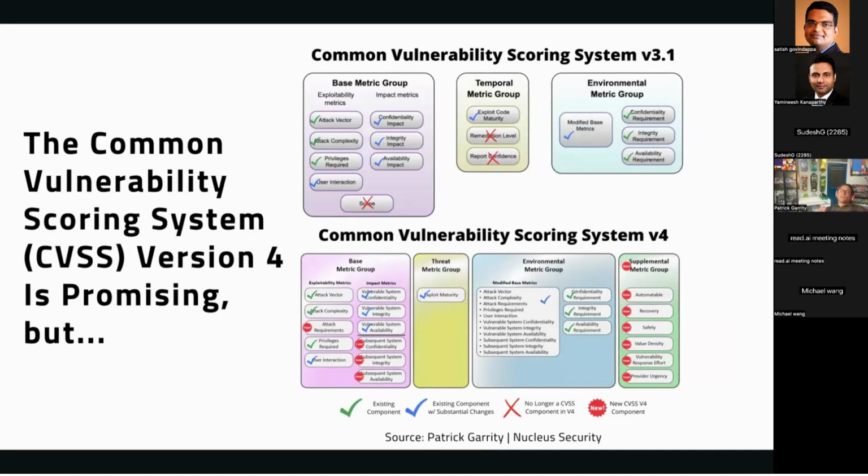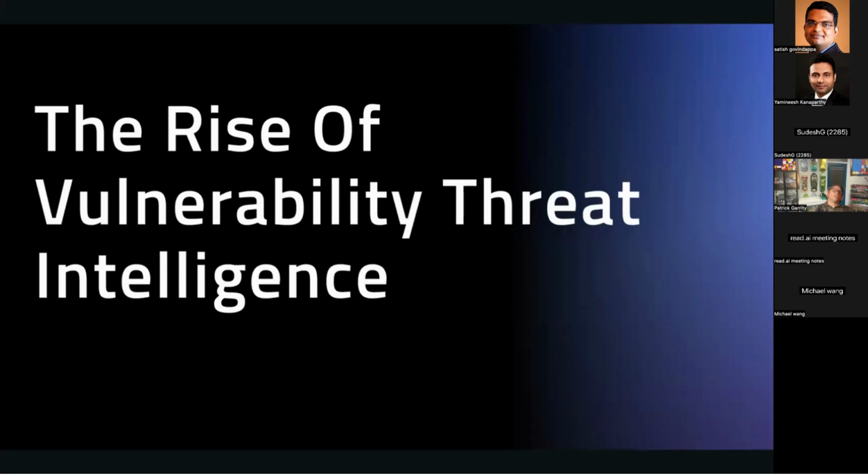There is a new version coming out, so there's some promise here. And we could talk about that all day. But unfortunately, this system hasn't been working. It does not have threat intelligence incorporated in the system by default, even with 4. And so there's a need for ways to understand what's going to be exploited now, which is typically certain forms of threat intelligence, and then what's going to be exploited in the future, which is what the exploit prediction scoring system really focuses around. So with this, we have the rise of vulnerability threat intelligence.